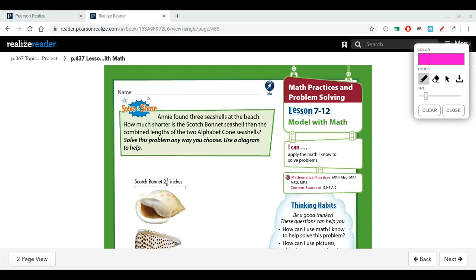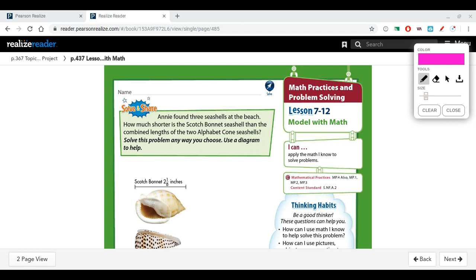Focus for today is going to take all of the skills that we've been working on this unit with addition and subtraction of fractions and addition and subtraction of mixed numbers and apply those skills to be able to solve problems. So your focus for today is I can solve problems by using the standard algorithm for adding and subtracting fractions and mixed numbers. So the first problem we're going to take a look at is your solve and share,